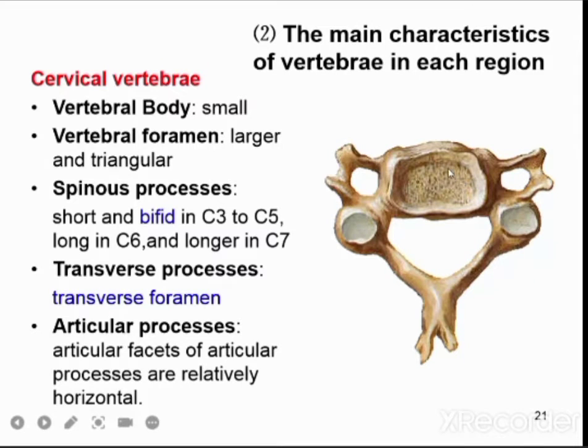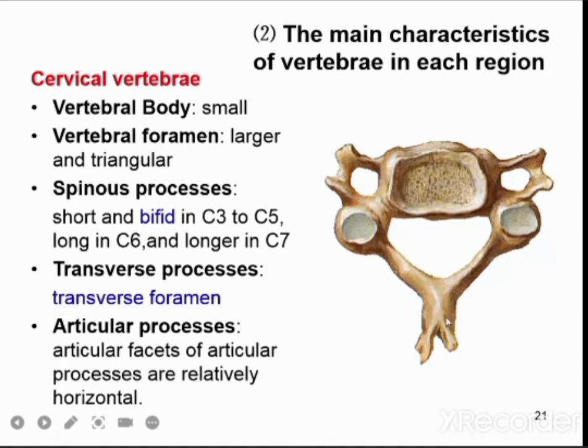The vertebral body is small in cervical vertebrae. Here is the vertebral foramen. It's large and triangular. You can see this is triangular in shape. The spinous process is short and bifid